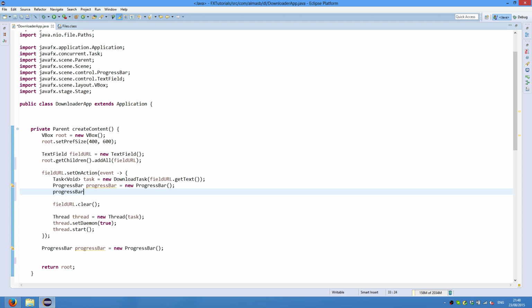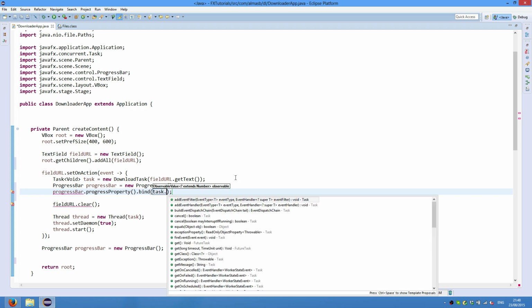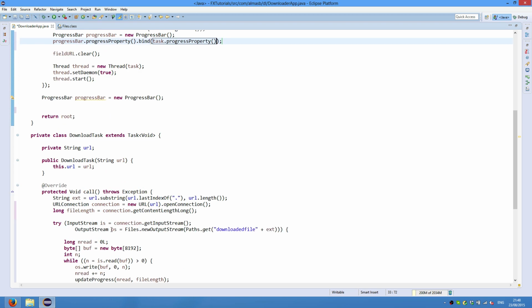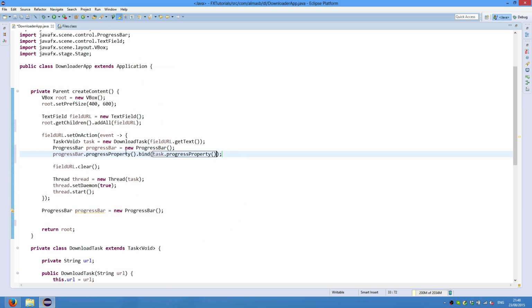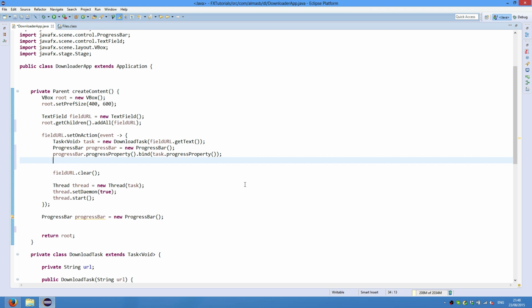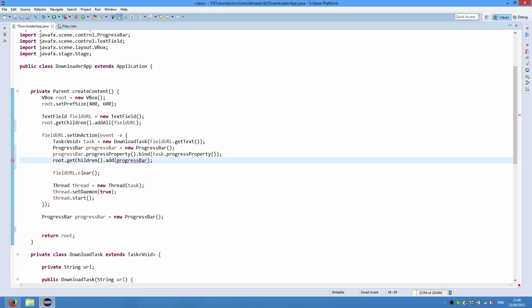We'll bind the progress property to the task's progress property, meaning that whenever this updates, it will automatically notify the progress bar, which will synchronize its value with the task's progress value. So it's done automatically, and we don't need to worry about it. Root get children add progress bar, and this will ensure that for every download task there will be a separate progress bar added to the vertical